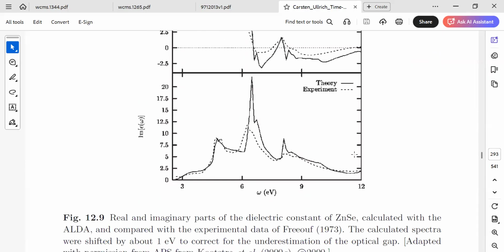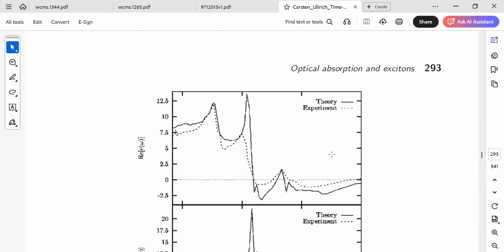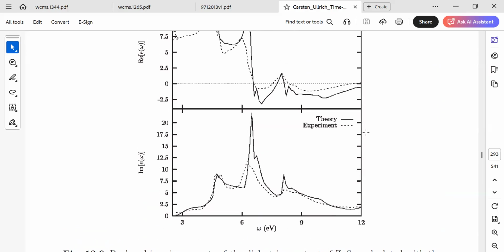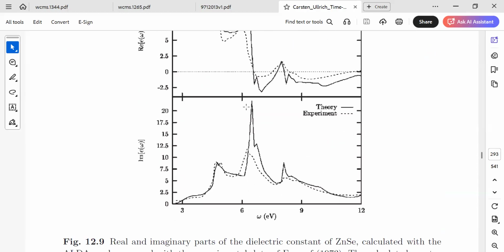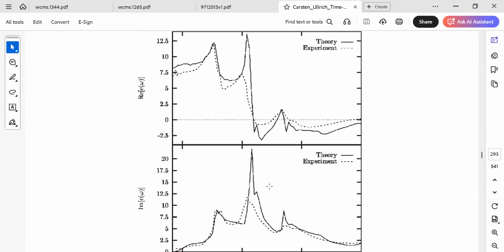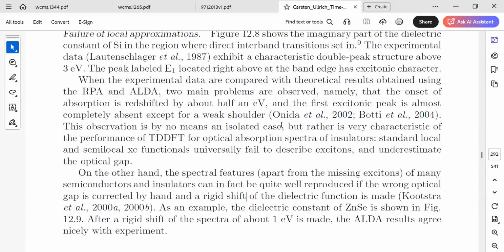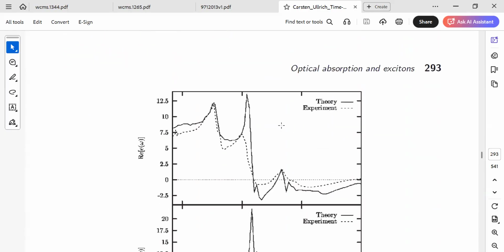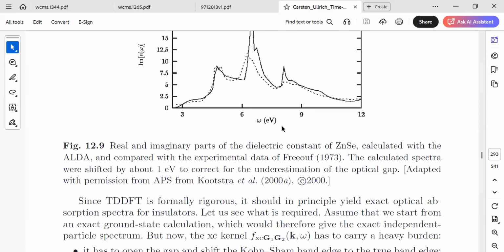The conclusion is that even after making a by-hand correction to the band gap of the material, and then using that band gap to calculate the optical properties of the material, experimental and theoretical results may seem to be coincident, but again the problem persists that the excitonic spectrum effect could not be explained by the theory, even after we have made the correction to the band gap. So what does this mean?